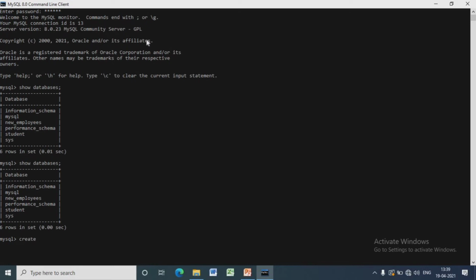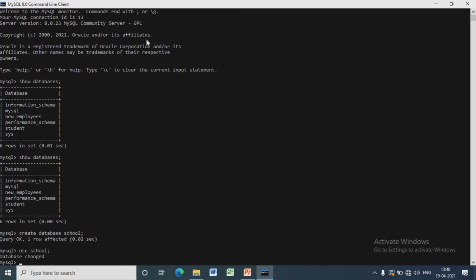Now we'll create a table inside the database. For that we have to write create table student. First name is varchar 15 and city is varchar 20 and class is character 2. We are assigning 15 characters for first name, 20 characters for city and 2 characters for class.